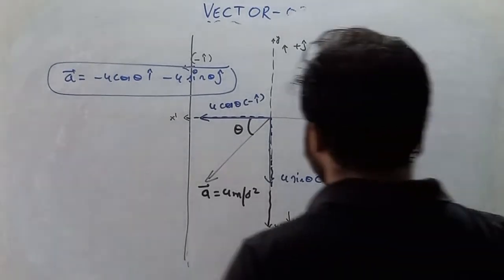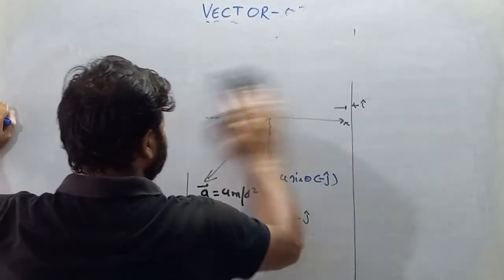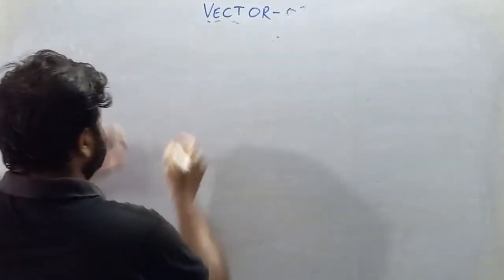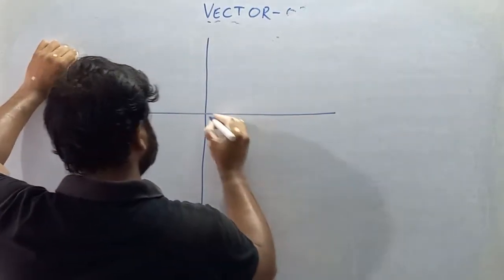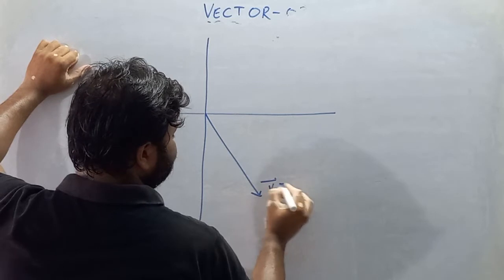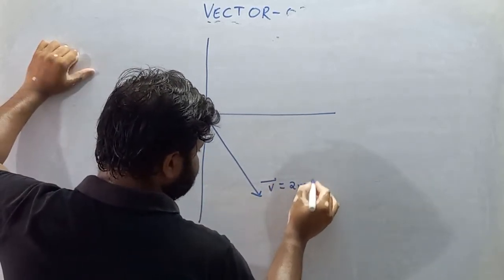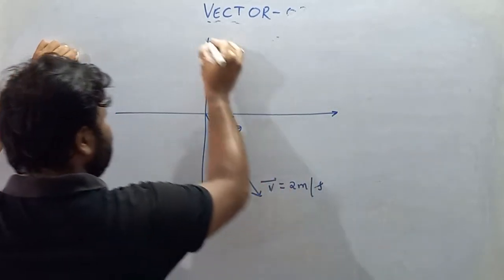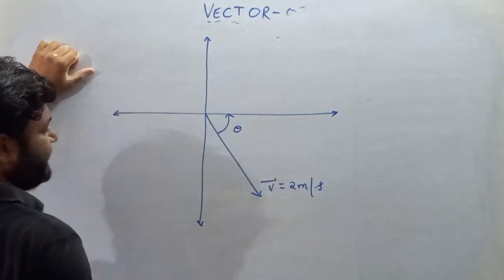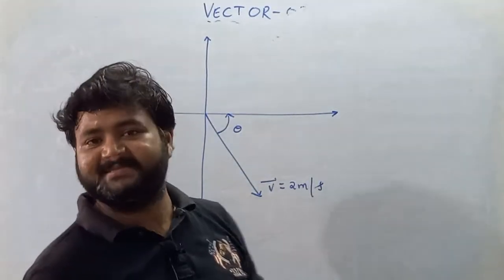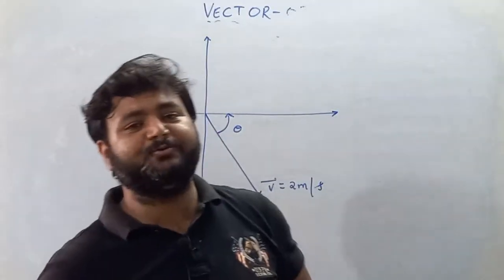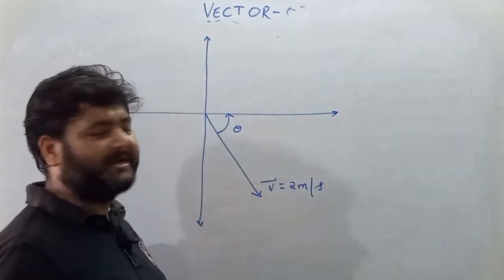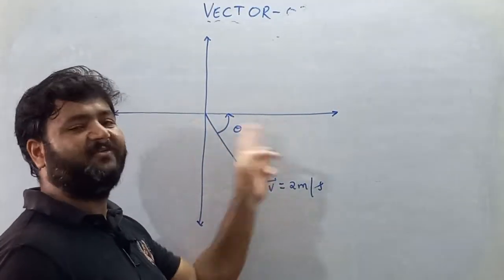Now moving forward, my dear student, let's suppose one more situation is there. After this we'll move forward. Let's suppose we have a particle which is moving with velocity, let's say 2 meter per second, and the angle is theta with the x-axis. So we know that if any vector quantity is making some angle, then we have to split its component. For any vector, two components form, one is cos theta and the other is sin theta. The cos component must be with the x-axis because the angle forms with the x-axis.